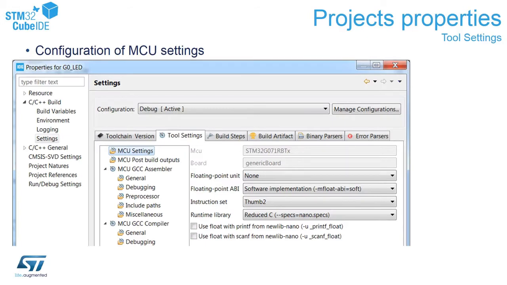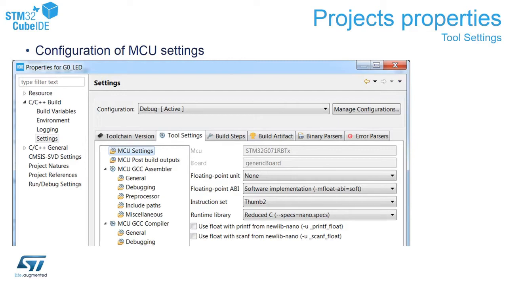Then within C/C++ Build settings, you've got all important settings concerning the tools which we are using to generate the code. Starting from the MCU settings, you can select the floating point unit which is used, the instruction set which is used, and the runtime library, which is very important because it allows you to reduce the code used by your application if you are not using all the features from the standard libraries.